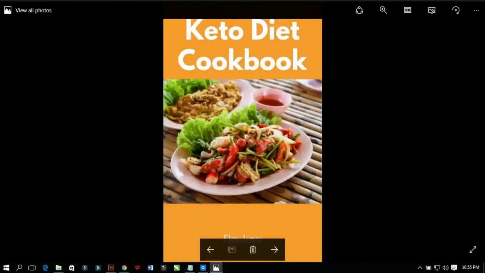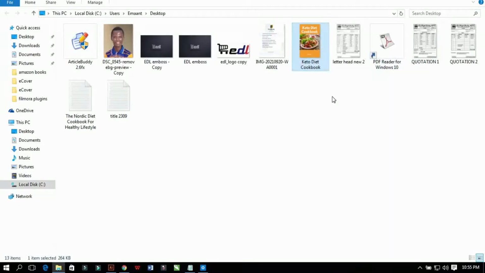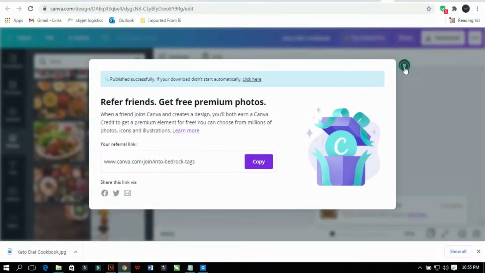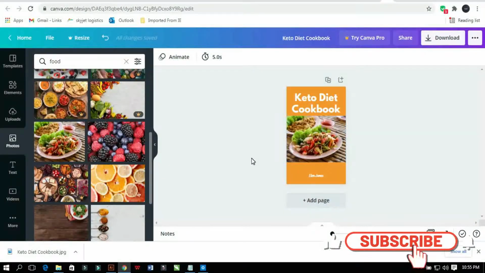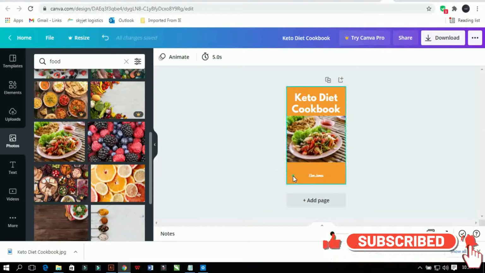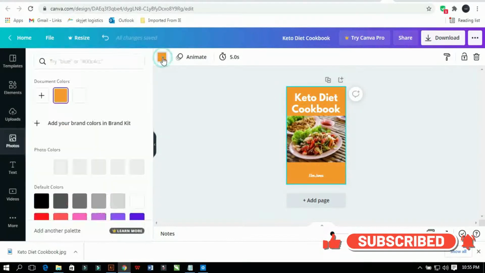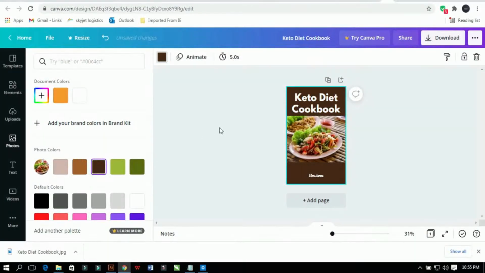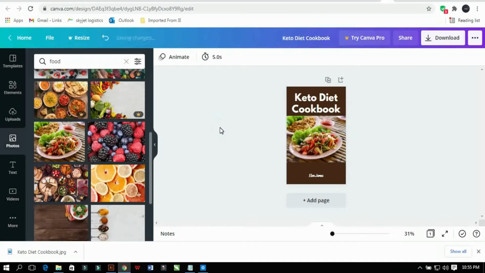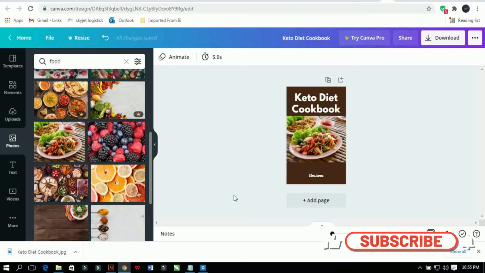So the size, don't forget, is 5.7 by 9 if you are uploading your manuscript. If your manuscript is 6 by 9, your dimension should be 5.7 by 9 in inches. Let me just do a little editing before I round everything up here. So I think I can leave it like this, but I'm just using this book cover